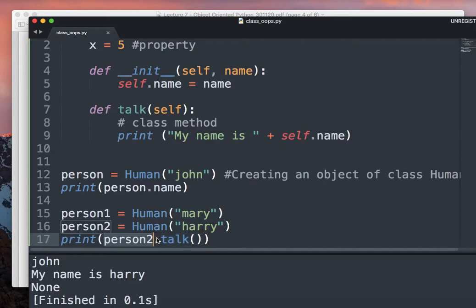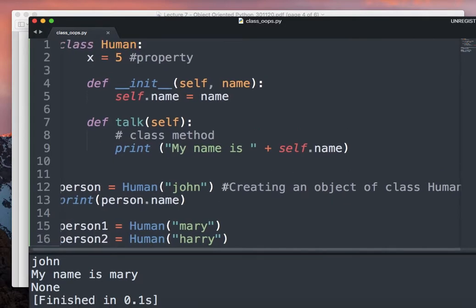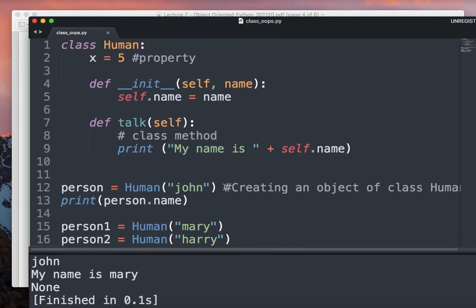Here you can see the dot operator is used, but parentheses are also used, and it can be called on John, or on Mary. Any of the objects this method can be called on.